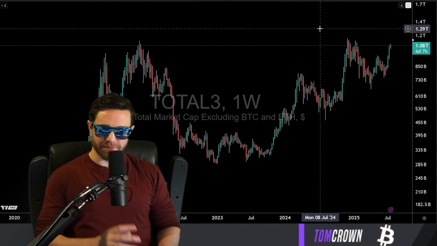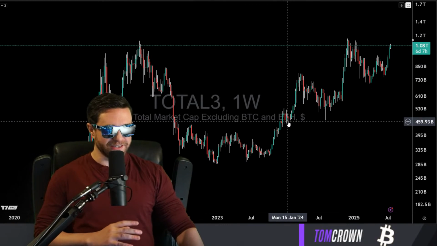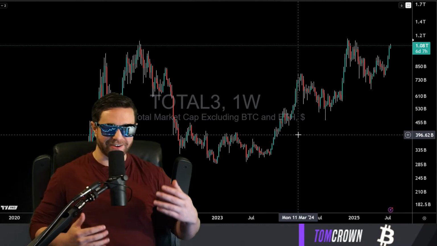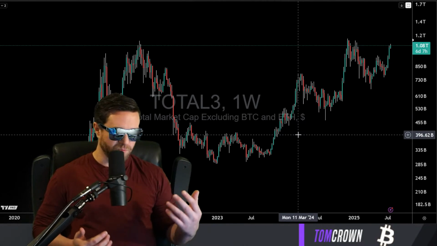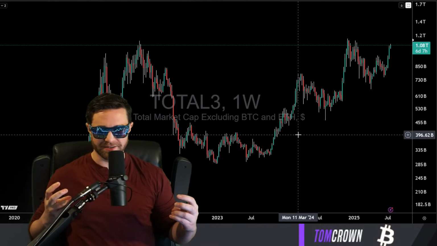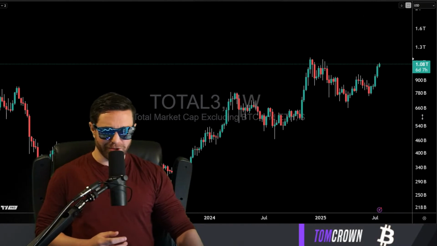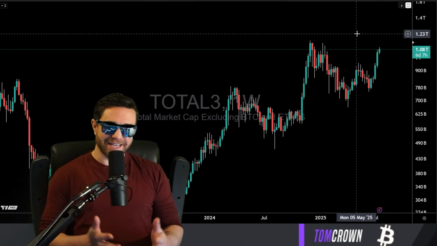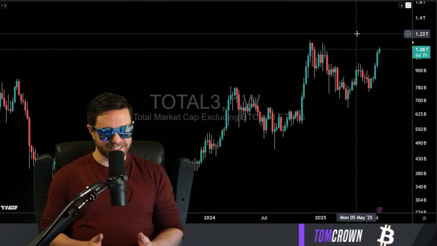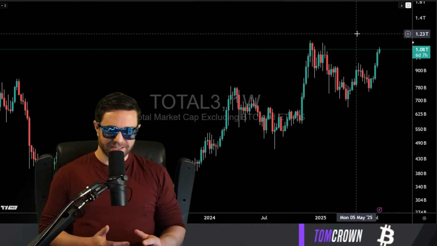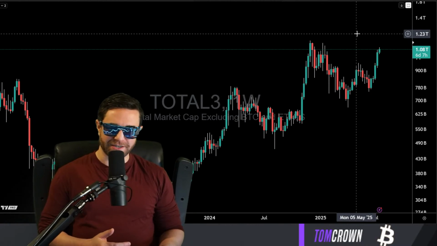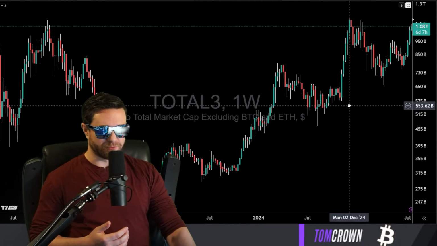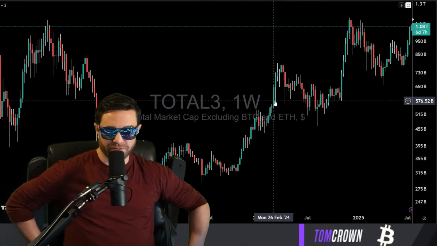This can be explained when we get into our next few charts, but really for the easiest part, zooming out, anytime Total 3 is green, we are in an alt season of some kind. Right now we're on 3 weeks of green and things are starting to feel a little different. Things are starting to maybe hint at that full-blown alt season, and there's a reason that this is a little bit different than, say, in November of 24 or even back in March of 24.